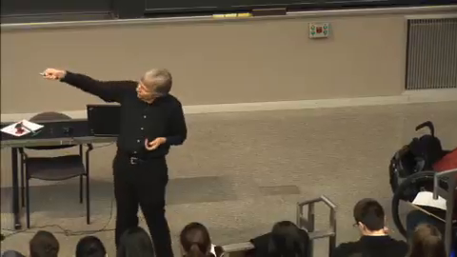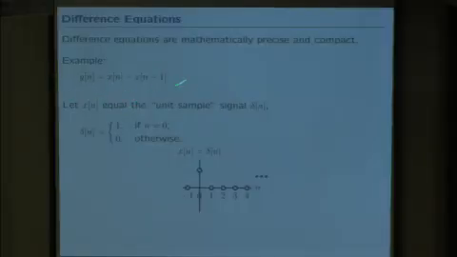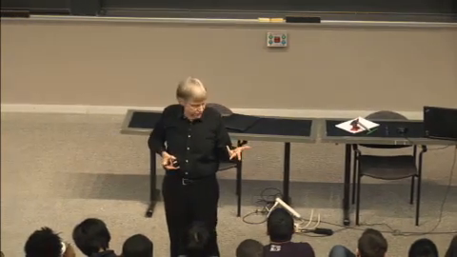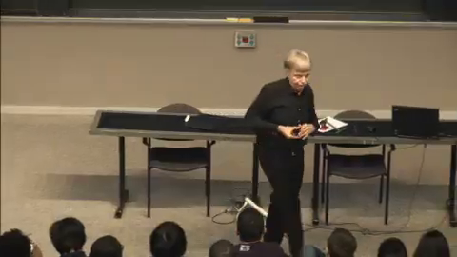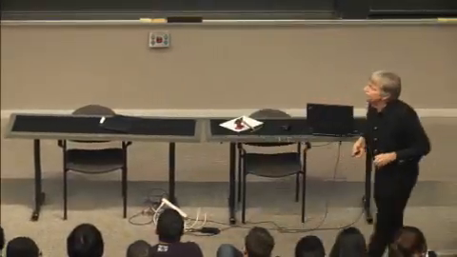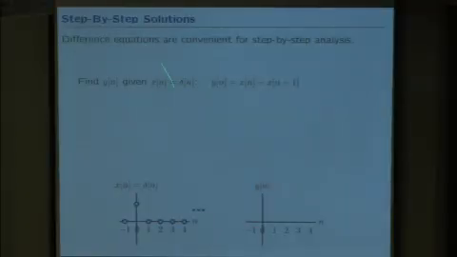So what I want to do now is think about, if this were a characterization of the system, and if this were the input to that system, what would the output be? That was, after all, the question that I posed at the beginning. We would like to build a representation for a system so that we can predict the output given the input. So how does that work? Given the difference equation, all we need to do is step through it. Okay, it's trivial. We call that analyzing step by step.